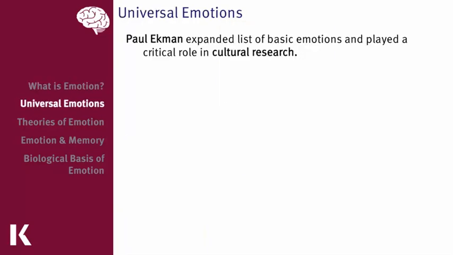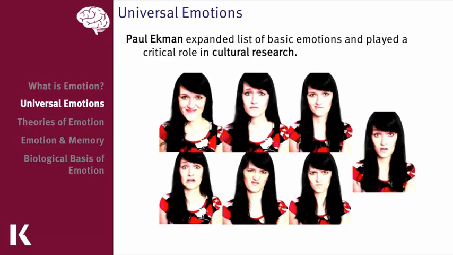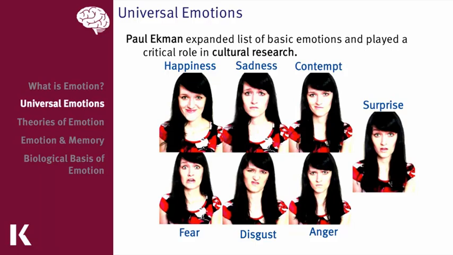And as researchers began to dissect and evaluate the processing that occurs behind emotions, a researcher named Paul Ekman recognized that there are 7 types of universal emotions that people can interpret and process regardless of their cultural background. In fact, you might be able to determine what the 7 universal emotions are just by looking at this woman's facial expressions. The universal emotions are happiness, sadness, contempt, surprise, anger, disgust, and fear.